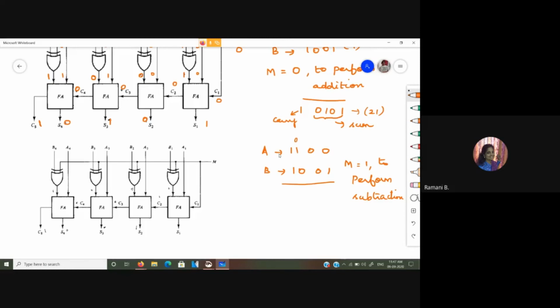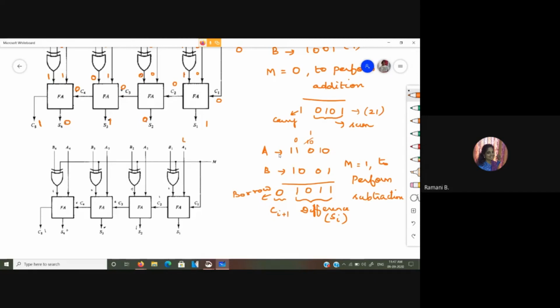So this makes a 0. So here you will be having 1 0. So from this you will get a 1 over here. So 1 0 minus 1 gives me a 1. 1 minus 0 gives me a 1. 0 minus 0. This is the difference. That is what you will be observing at the S outputs, and the borrow is 0, that you will be observing in the C out plus 1.